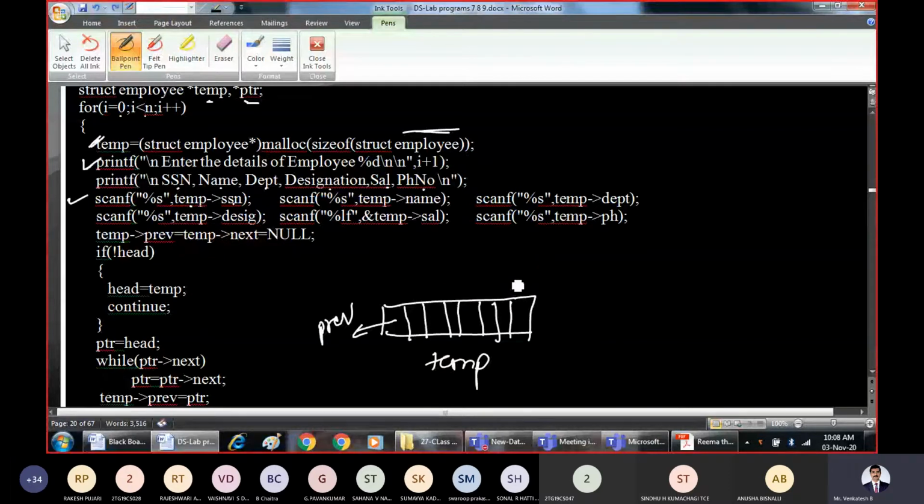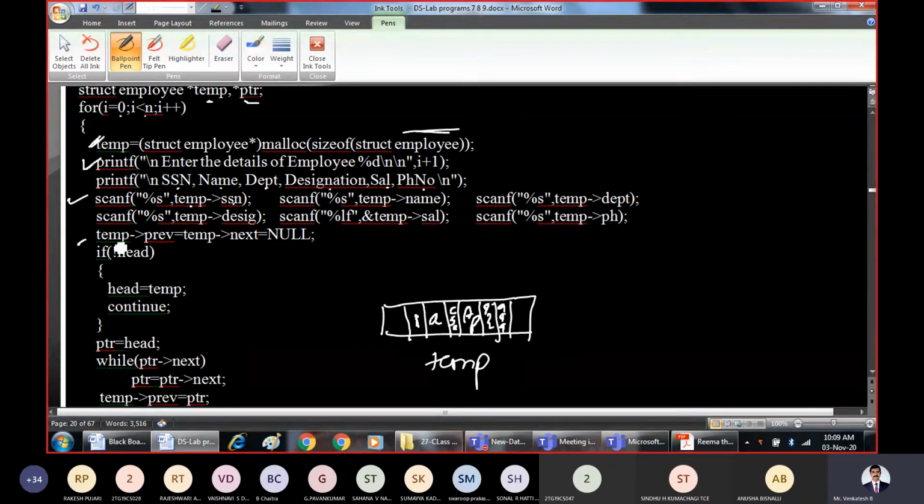So now what I'll do, I'll erase those fields, right? Whatever information you have given, say you have given number as one, name as A, right? Then department as CSE or any other department, right? Designation you can give something like AP, for employee data I am trying to show. Salary you can write some number, whatever salary you want you can enter. Then phone number you can enter 9999 and all. So this node is ready now. We have just created the node and stored the data in it.